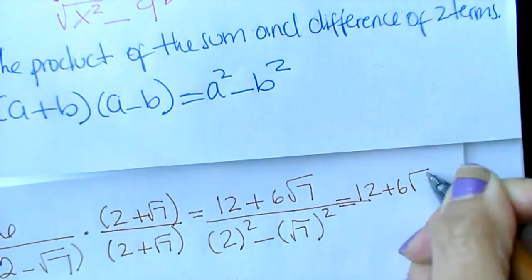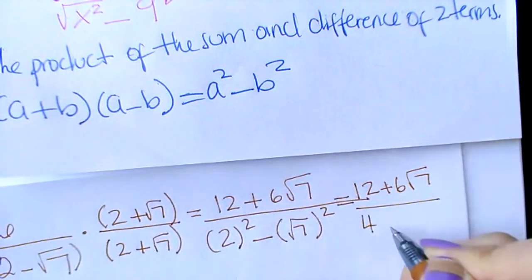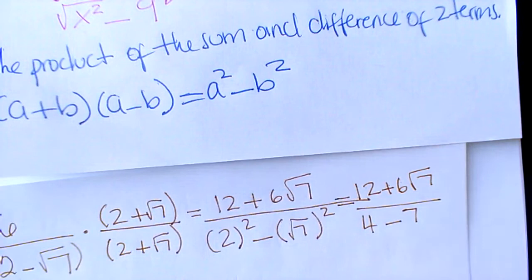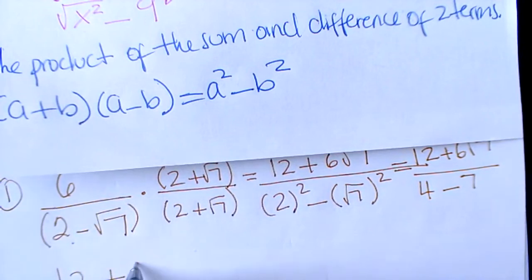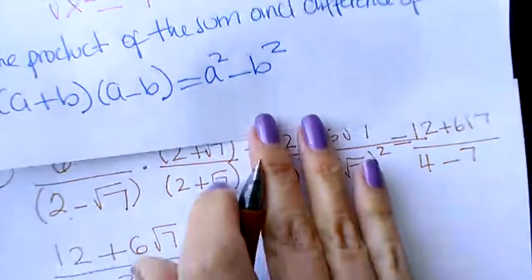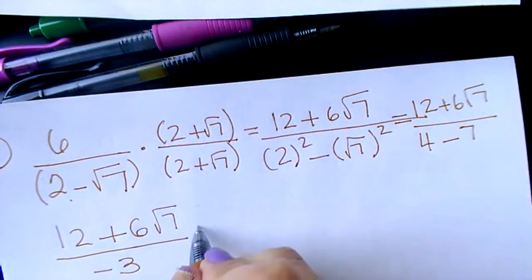Plus 6 square root of 7. This is going to be what? 4 minus 7. So we have 12 plus 6 square root of 7. 4 minus 7 is negative 3. We don't need that anymore. So now